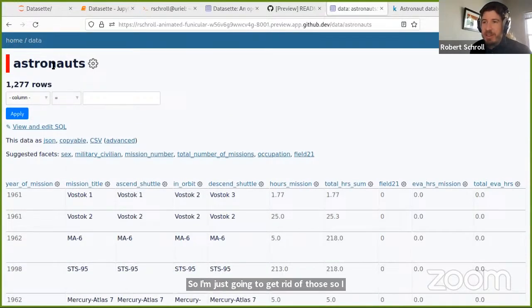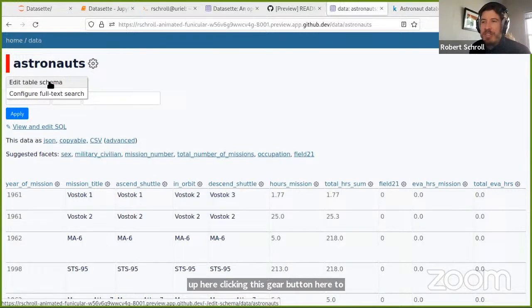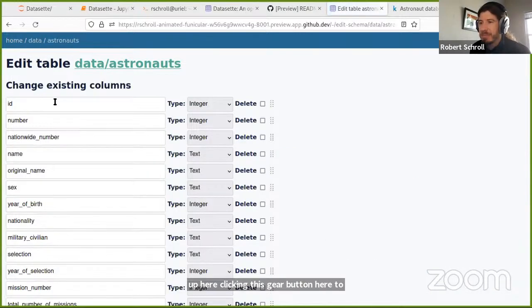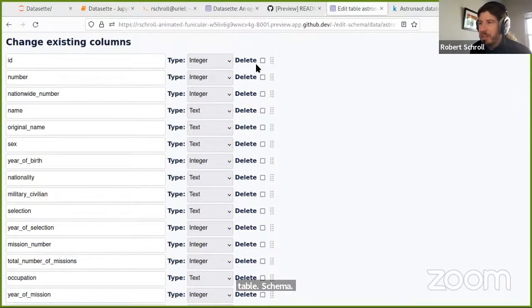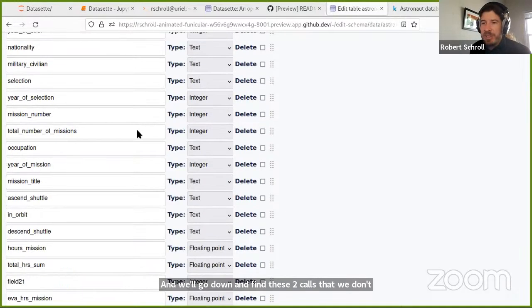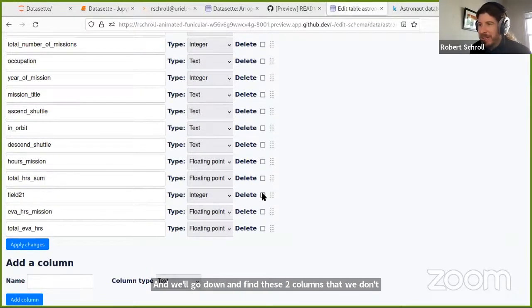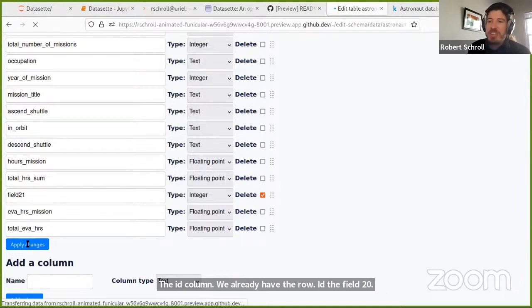So I can do that up here, clicking this gear button to edit the table schema. And we'll go down and find these two columns that we don't want. The ID column, we already have the row ID, and the field 21, I don't know what that is. Just click delete on both, apply changes.